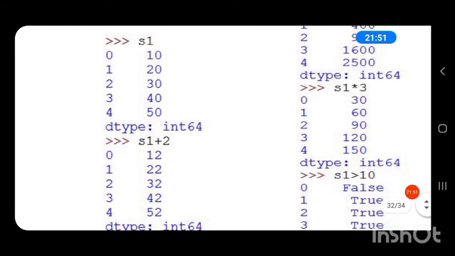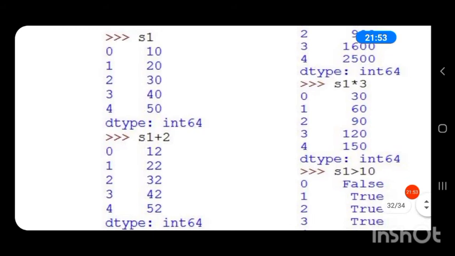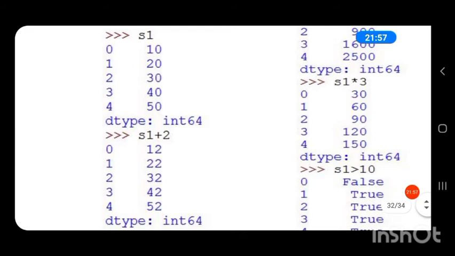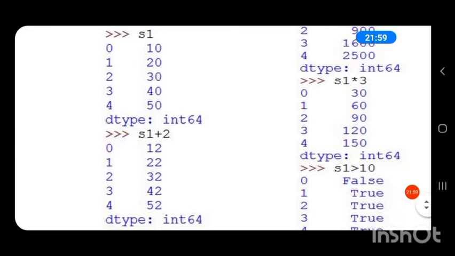Then 2 is added to 20, the output is 22. 2 is added to 30, the output is 32. 2 is added to 40, output is 42. 2 is added to 50, output is 52. That is, when we add an integer or any value to a series, each item in the series will be affected.